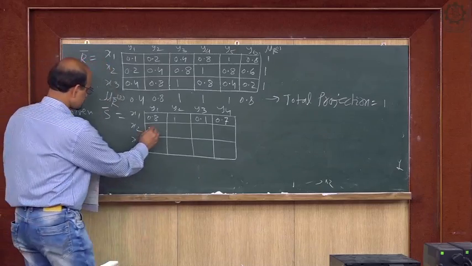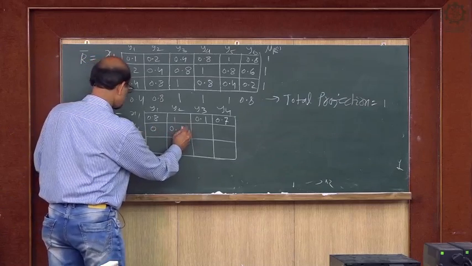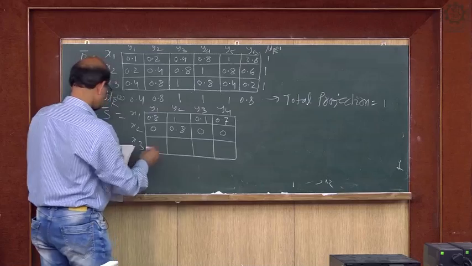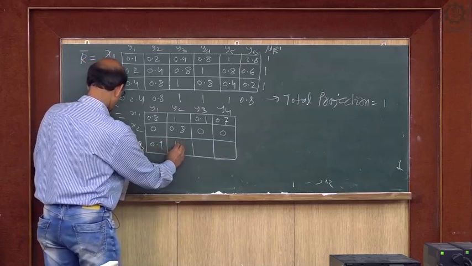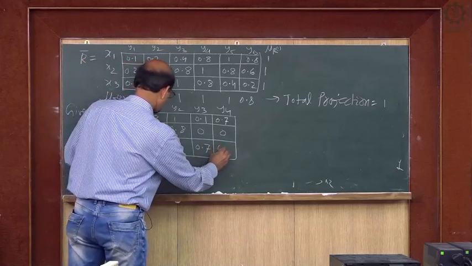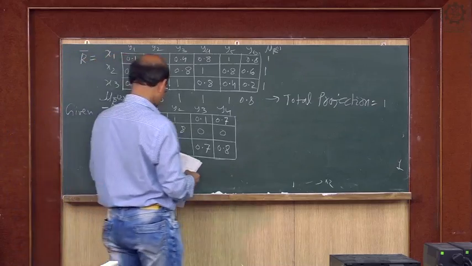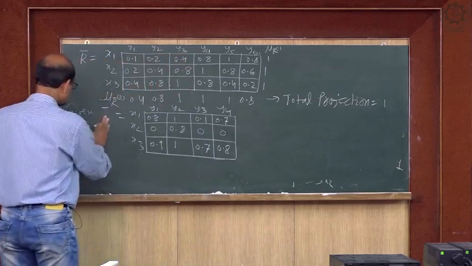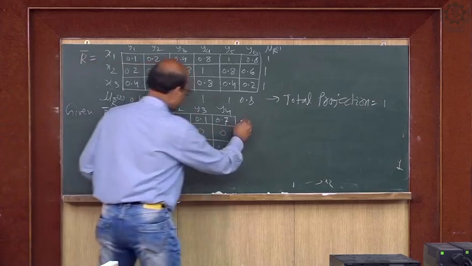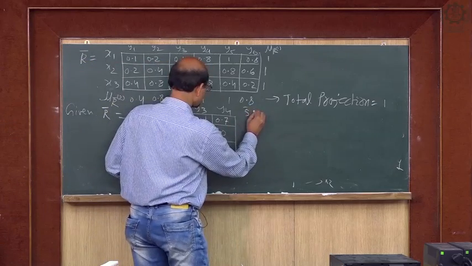First row 0, 0.8, 0, 0, then 0.9, 1, 0.7, 0.8. So, this is R bar, and S bar